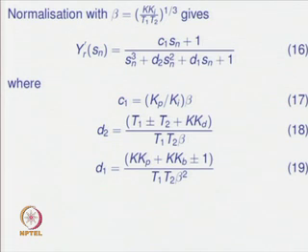So, 16, 17, 18, 19 give us the normalized third order transfer function involving 3 coefficients, and the coefficients are